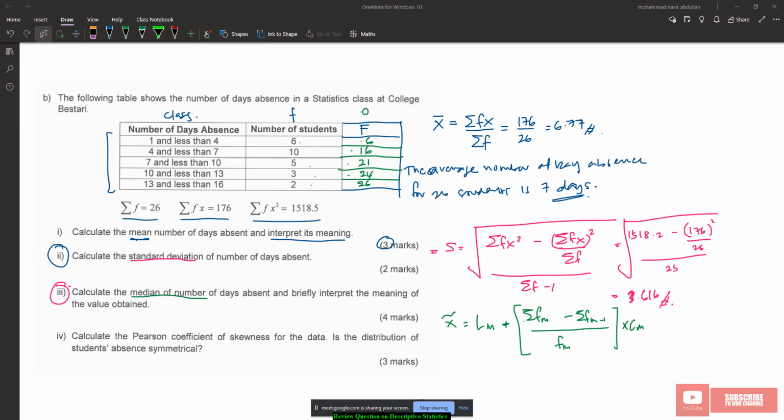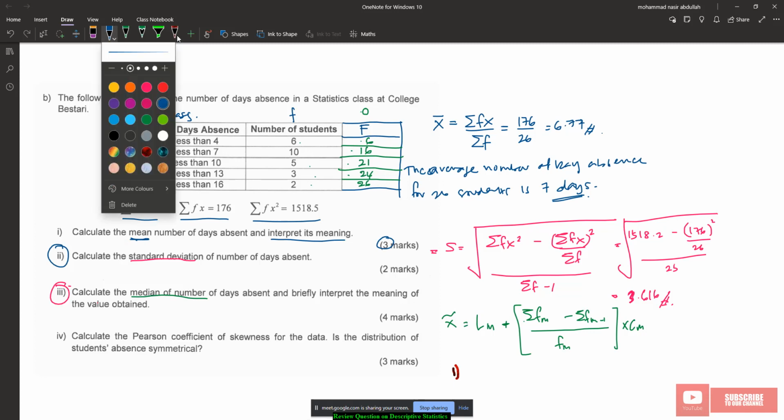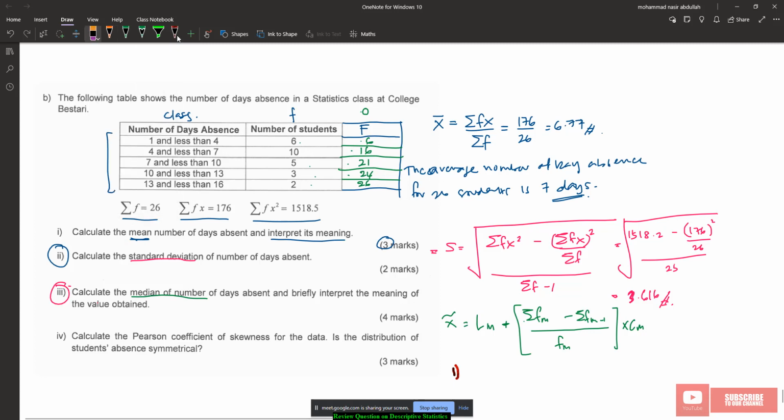Frequency, cumulative frequency, right? So the step to find the median is you need to find the position of the median class, right? The first step is to find the position of the median class. So this is the first step. First step is find the median class. So how to find the median class? Summation of f divided by